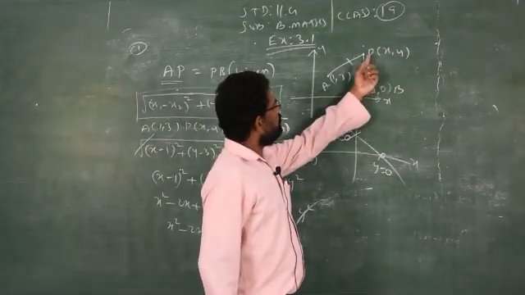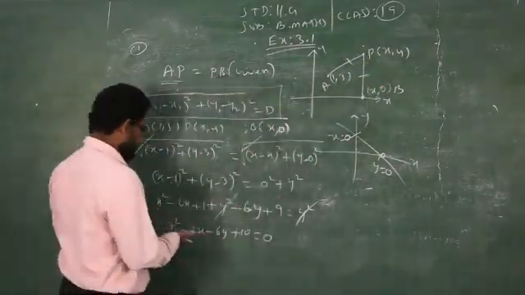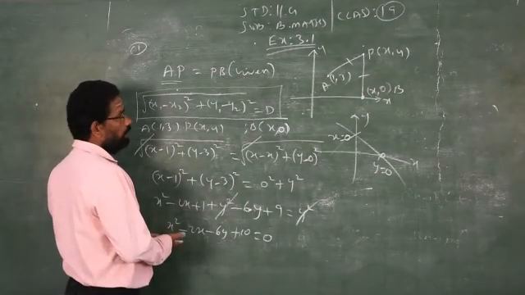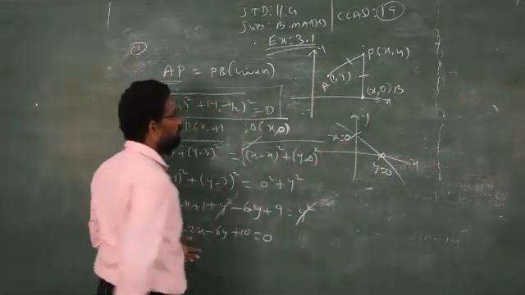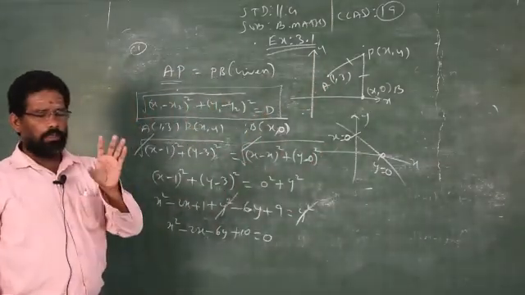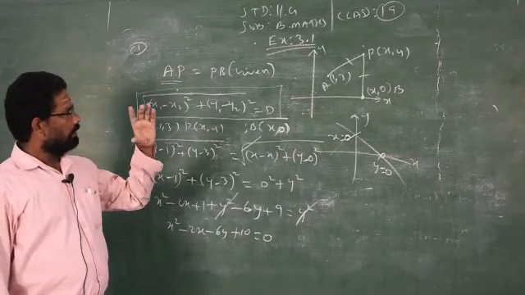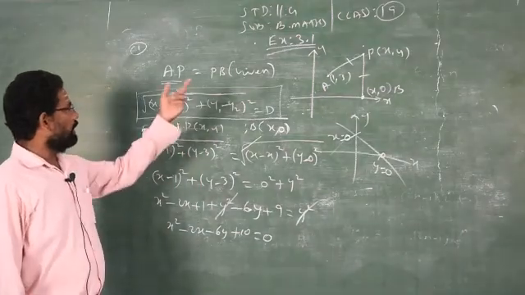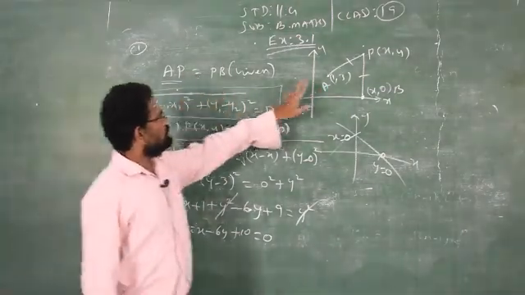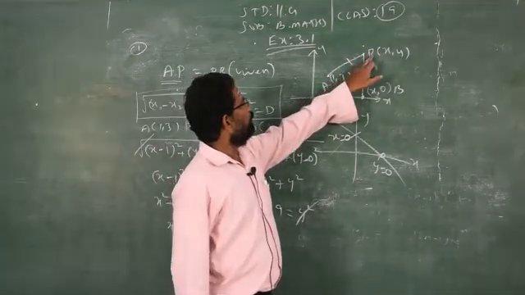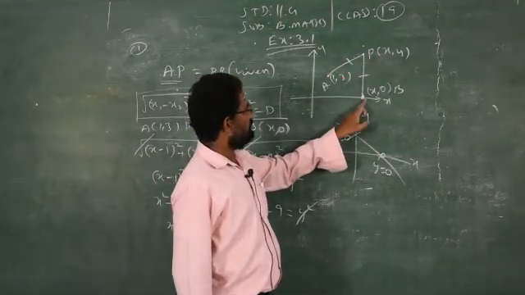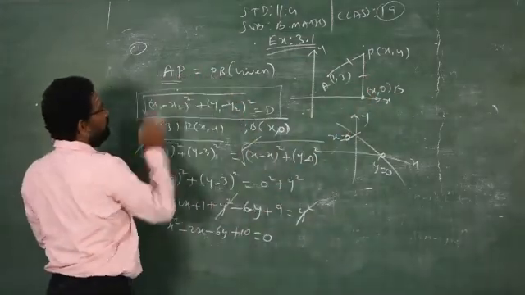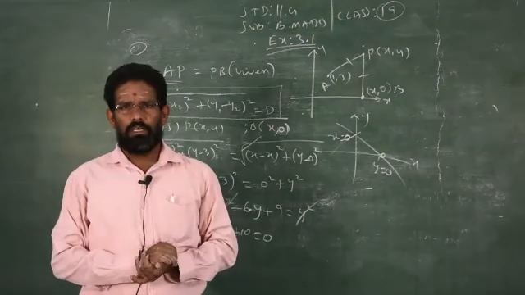So when you trace the pathway of P, it will represent one equation. Clear? So how to find the locus? I told you already the definition of locus. The locus is defined with some condition. Based on the conditions only we get the locus of the given point. The condition given in this question is that the distance from the moving point to the fixed point A and to the point B on the x-axis is always equal. That is AP equal to PB. Equidistance means equal distance. Clear?